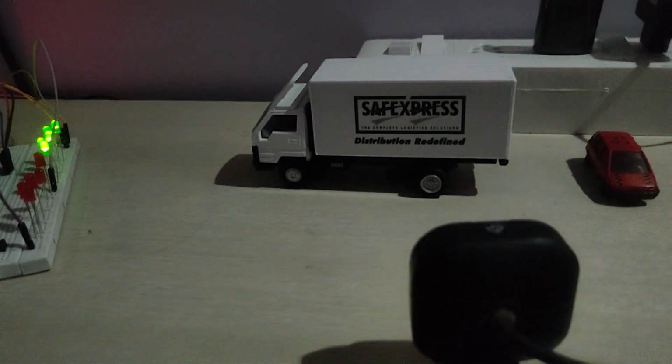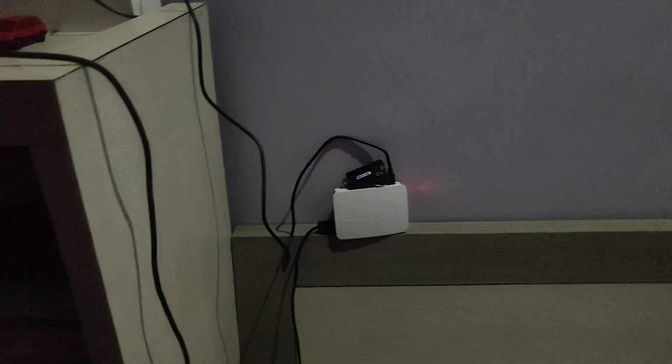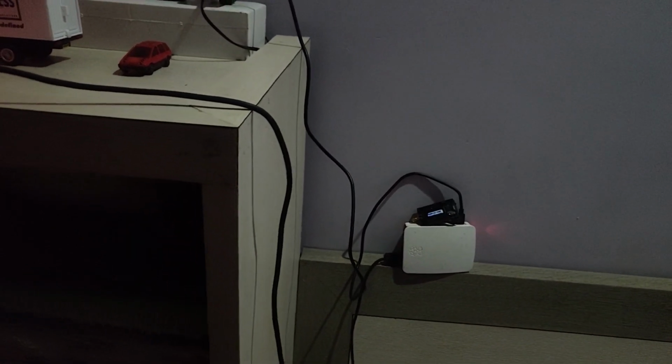So when it is a truck, the server will let the Raspberry Pi know that it is right now seeing a truck which is not a safe vehicle.